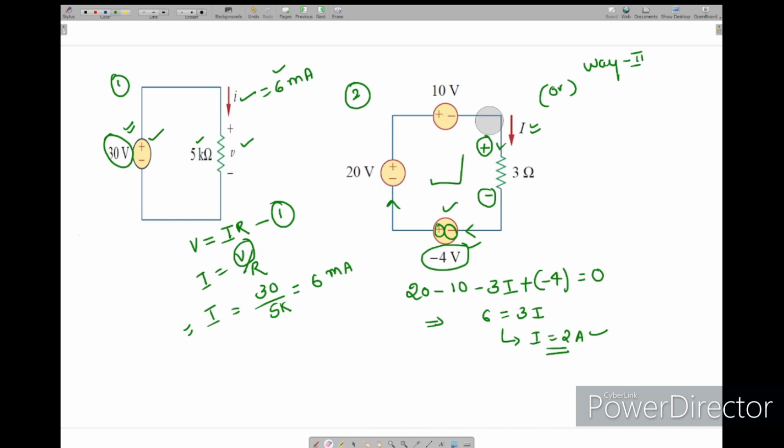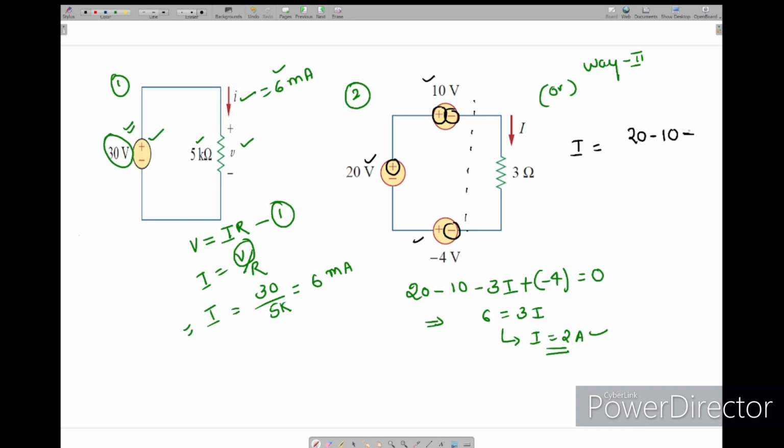No need to write KVL. So directly we'll find the I. See, now if you see all these sources, this 20, 10 and this minus 4, see, positive to positive is connected, so this will be subtracted, and this negative to this negative connected, again this also will be subtracted. So how we can write is, for current I, directly I can write 20 minus 10 plus,